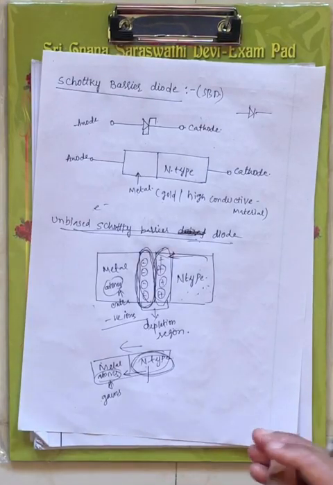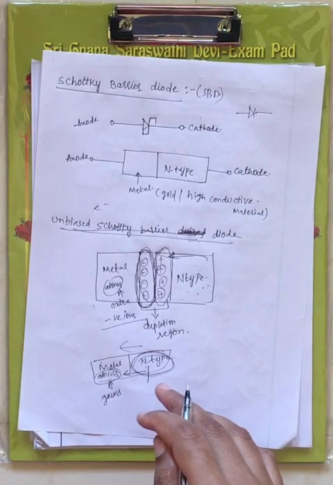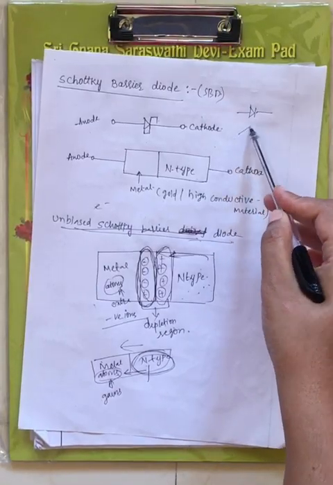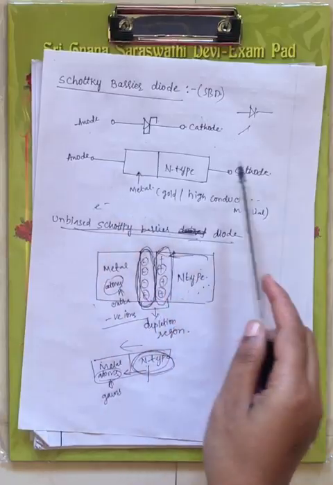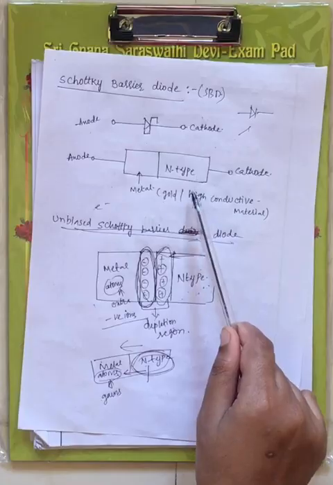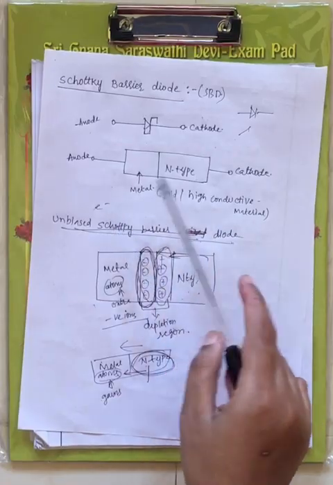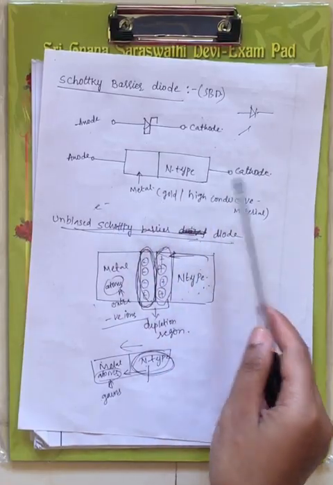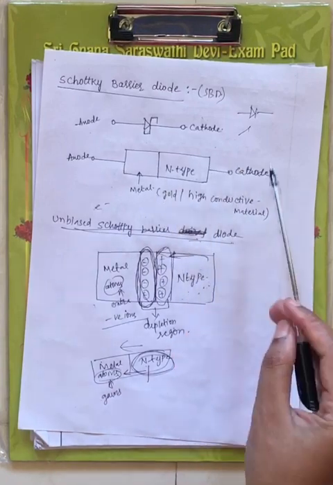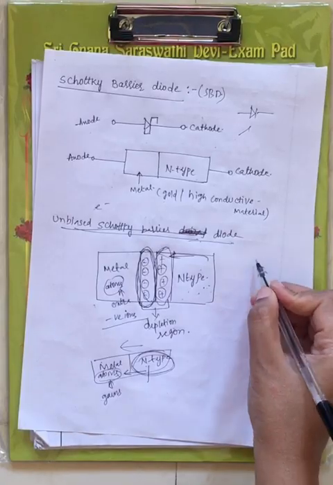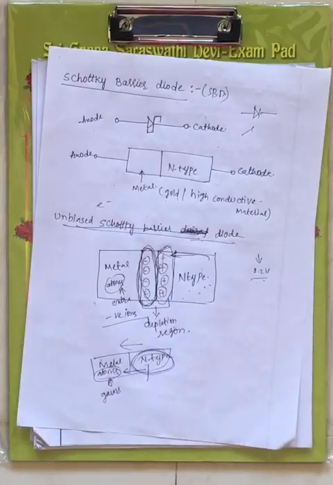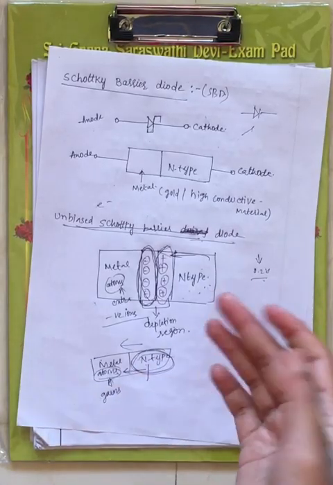Now this is about the Schottky barrier diode under unbiased condition. Let me briefly explain. This is the structure of the Schottky barrier diode. The metal is diffused with the n-type layer, since it has only n-type layer and the majority carriers are electrons. This Schottky barrier diode is very useful in very fast switching devices, because it has a low breakdown voltage, 0.2 volts only, and less reverse recovery time.